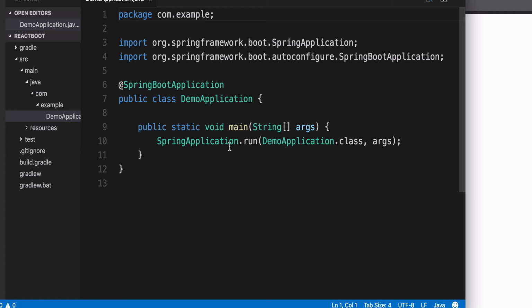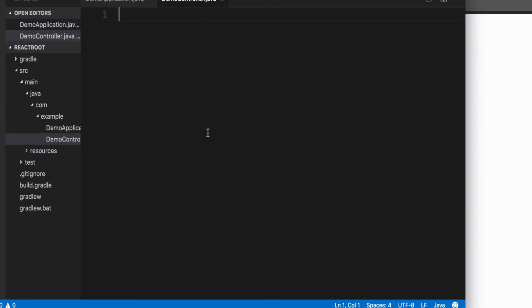See, it sets up a pretty basic project structure with a demo application already there. So let's go ahead and add a controller. We'll call it DemoController.java and start adding in some of the